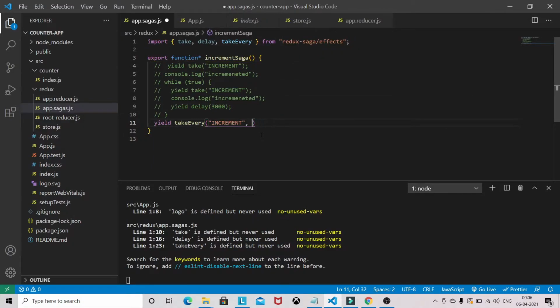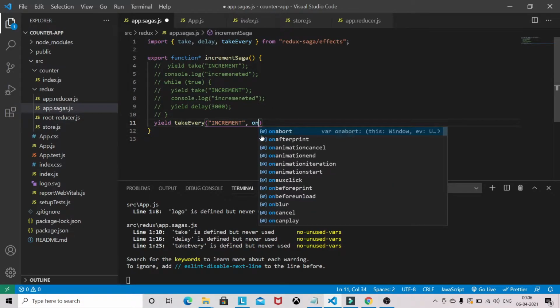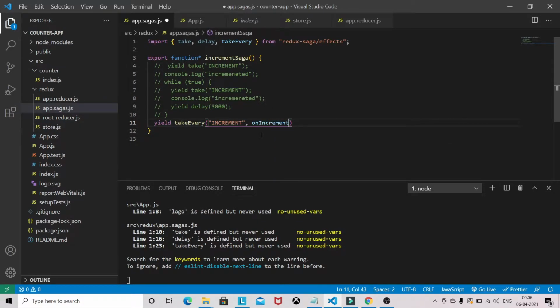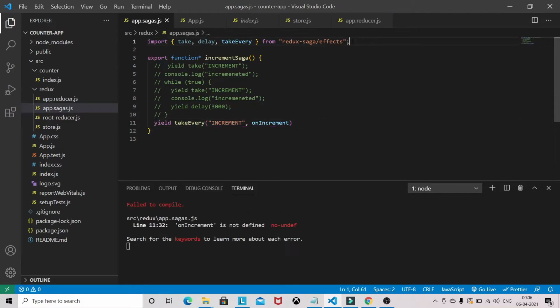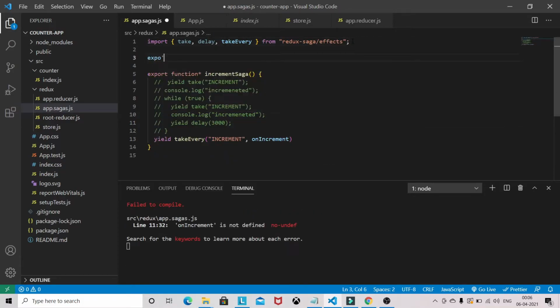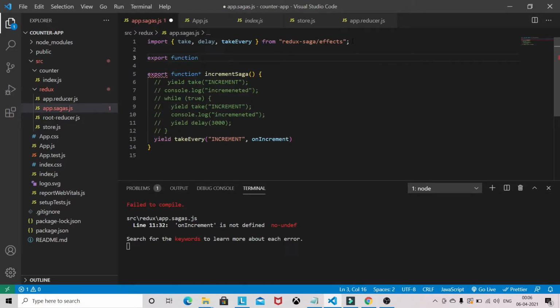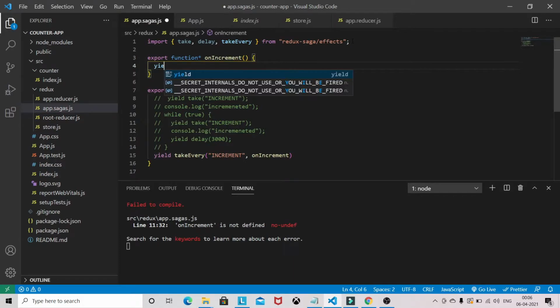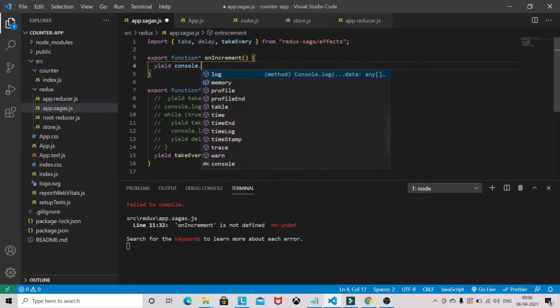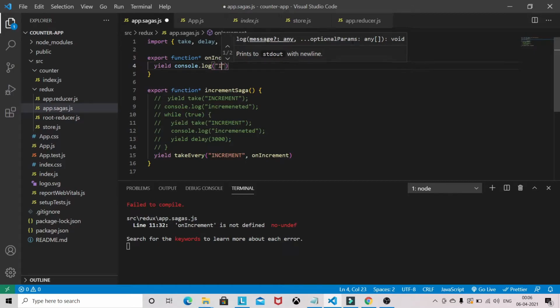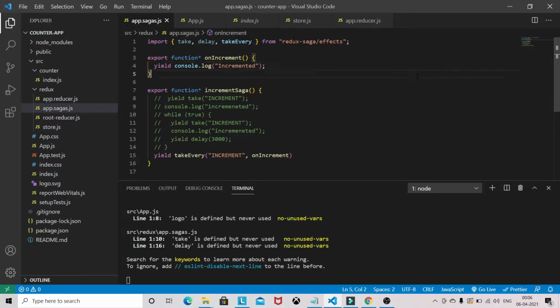We need another watcher here, so we need to define first the on increment saga.